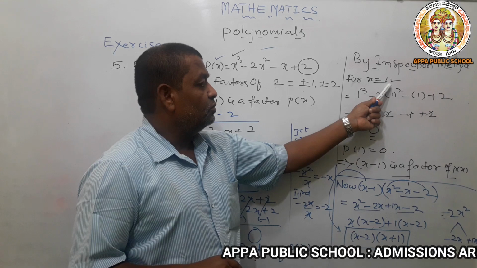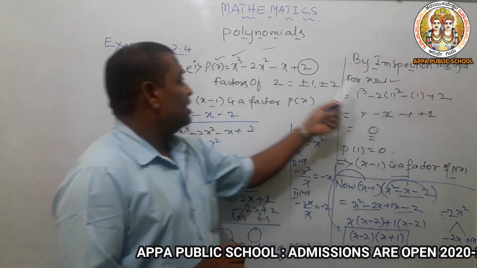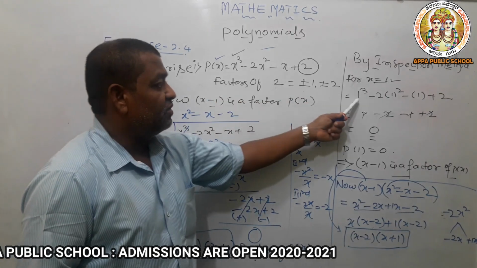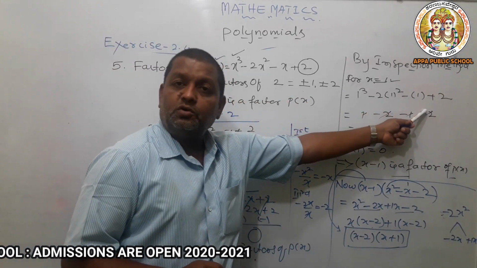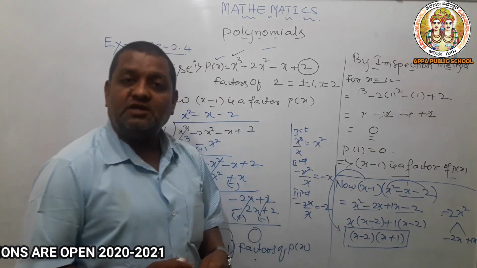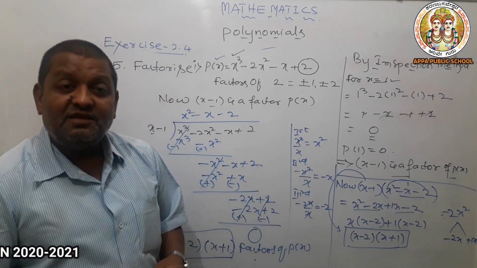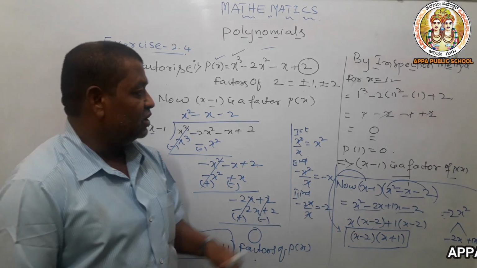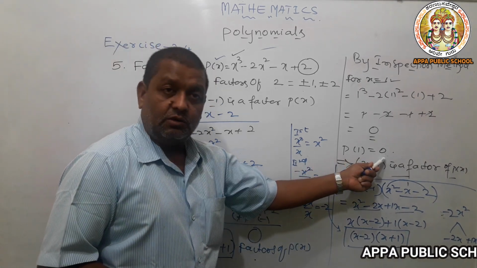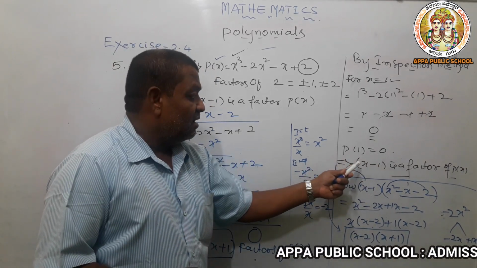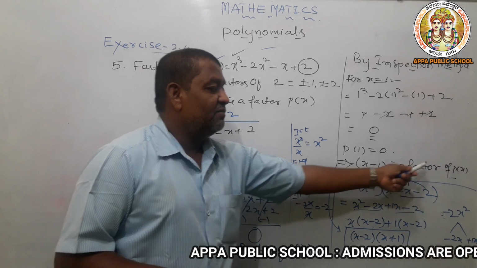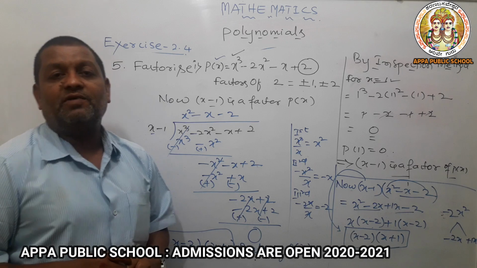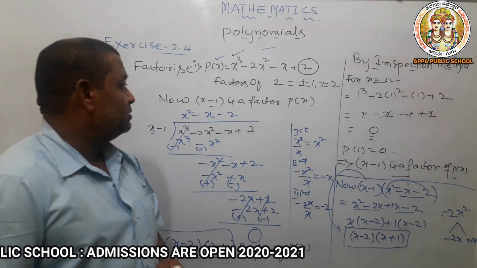For x is equal to 1, you take x value 1 and substitute in p of x. That is, p of 1 is equal to, if I substitute the x value, then I got 0. Definitely, this is a zero of the polynomial. We know by factor theorem, if the remainder is 0, then x minus 1 is a factor of p of x. Okay, I got at least one factor among 3 by inspection method.